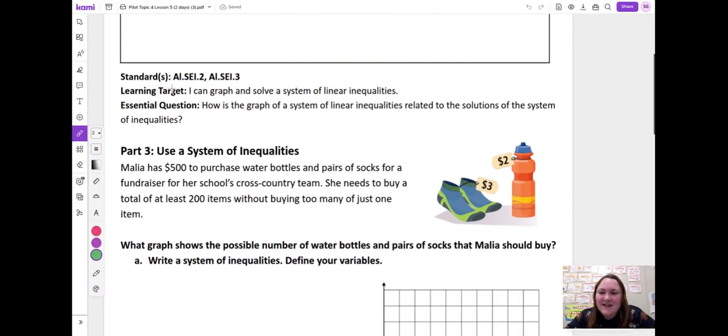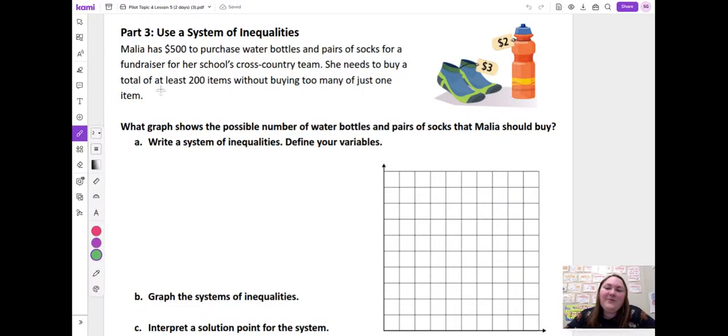of equal. So for our example, we have Malia has $500 to purchase water bottles and pairs of socks for a fundraiser for her school's cross-country team. She needs to buy a total of at least 200 items without buying too many of just one item. The first part of this problem, in order to help us create our graph, is we want to write a system of inequalities. Remember, system means there's going to be two, and inequalities means we're using these symbols to help